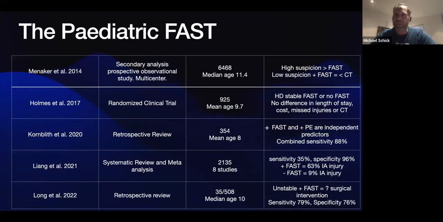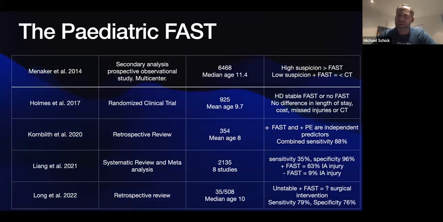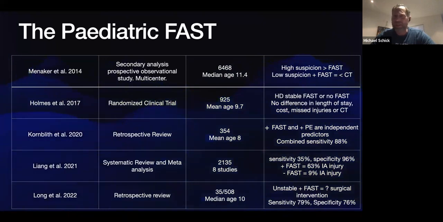So we'll go over a little bit of the literature, just some summaries here. And you don't need to read this or memorize it, but I'm just going to summarize a few of these for you. So Holmes in 2014 did this secondary analysis looking at over 6,000 patients. And they were just trying to see what clinicians did with the FAST exam, how they used it with different pediatric patients coming in with blunt trauma. And they just found that there was a lot of bias. So if